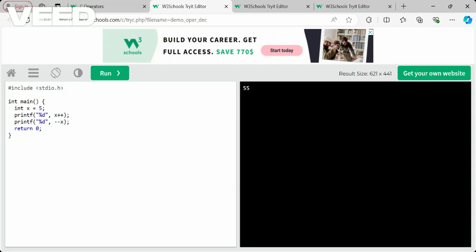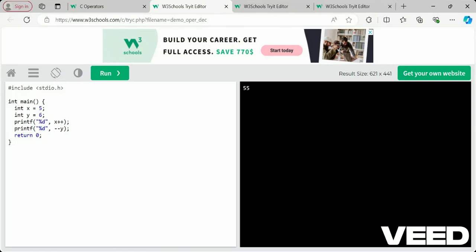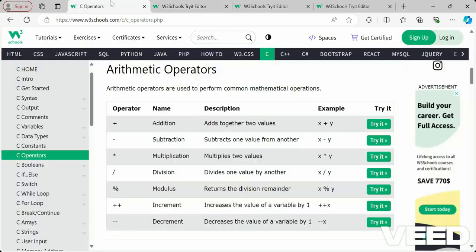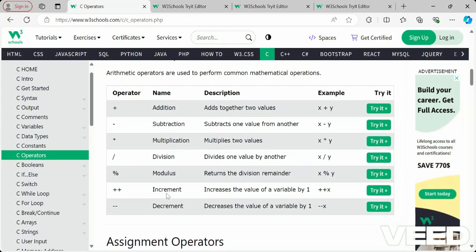So x is the same value, so you should not use it like that. This concept is again a different kind of thing that we will see further. You can use a different variable to understand this better. So 5 plus plus will go to 6. For decrement, 6 decremented will give 5. So you will be getting 5 and 5. Sorry, again I'm just making mistakes. So with backslash n, you'll be getting 5 5, as we are taking y as 6 decremented and 5. So this is arithmetic operators, increment and decrement.